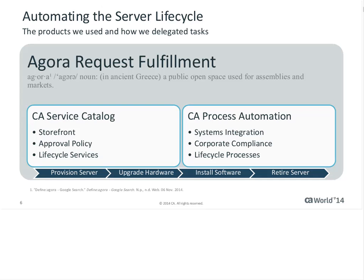Another way we can adhere to corporate compliance is through the systems integration, because we can integrate with these existing systems rather than writing custom code. And what this does is it helps to ensure that the existing policy for these systems and the rules therein are enforced. For example,